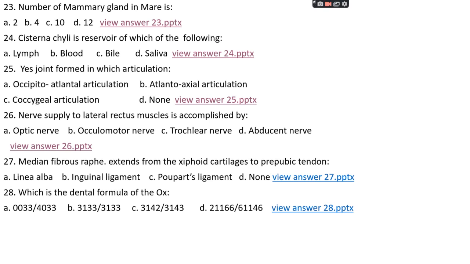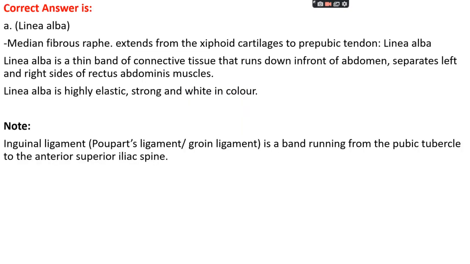Question number 27. The median fibrous raphe, which extends from the xiphoid cartilage to the prepubic tendon, is option A, linea alba, option B, inguinal ligament, option C, Poupart's ligament, option D, none. The right answer is option A, that is linea alba. The median fibrous raphe, which extends from the xiphoid cartilage up to the prepubic tendon, is known as